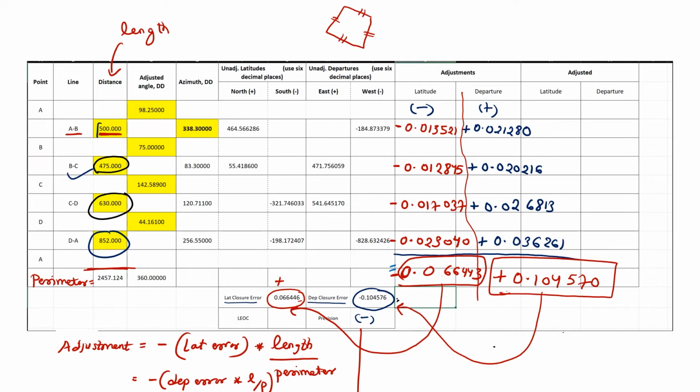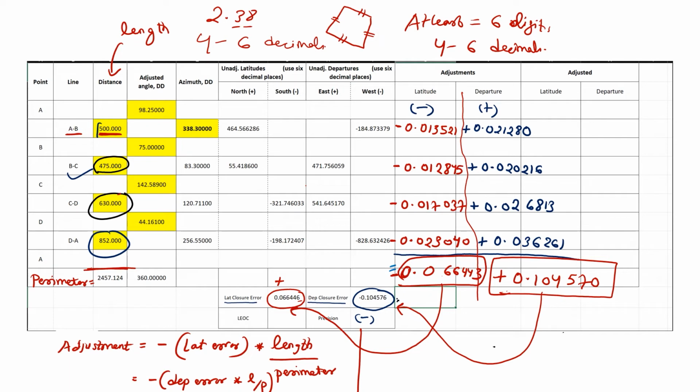Okay, and one important thing is that you always take at least 6 digits, or you can say 4 to 6 decimals. Okay, 4 to 6 decimals, but don't take just 1 or 2 decimals. If you just take 1 or 2 decimals, then it will be hard. So do not take 2 decimals, using at least 4 to 6 decimals would be good. Okay, so this is how you find the adjustment, and like I said, you can check if you did your